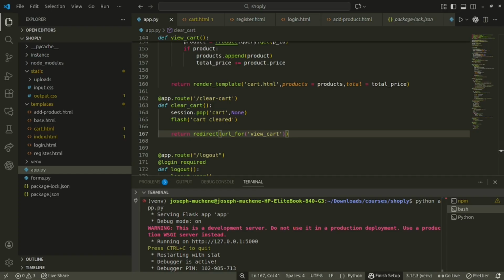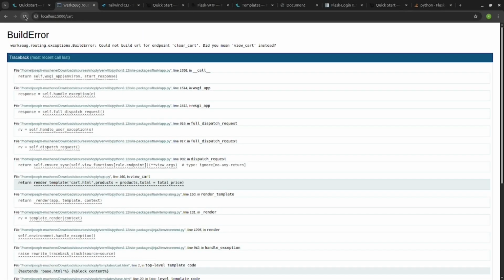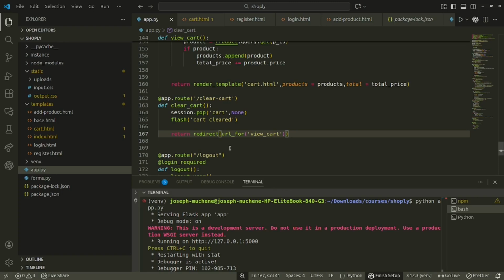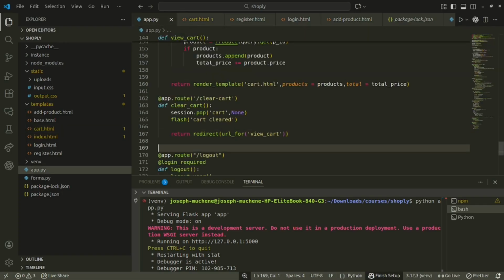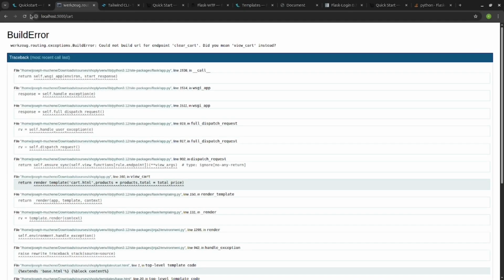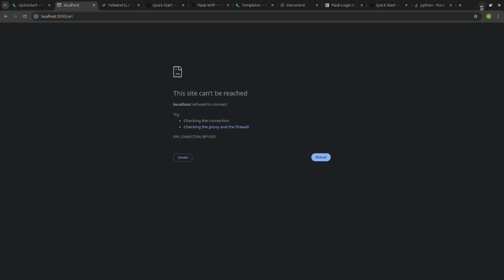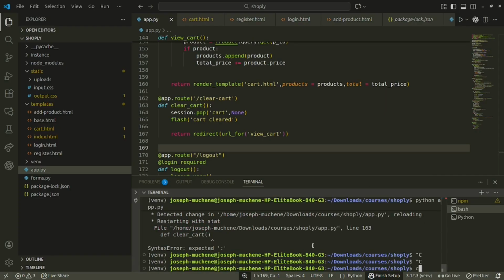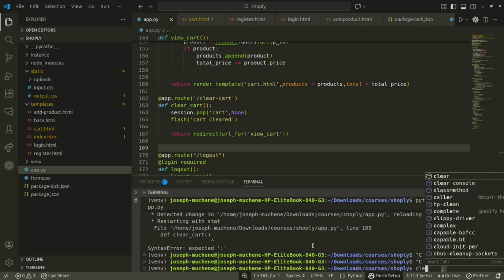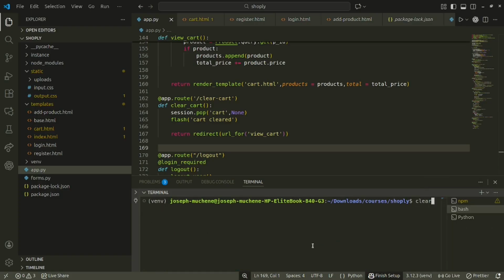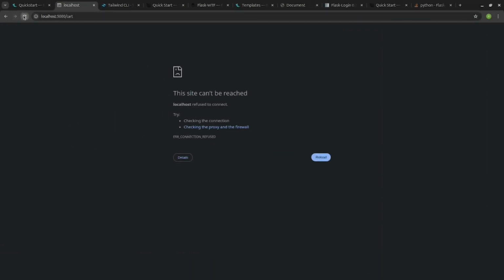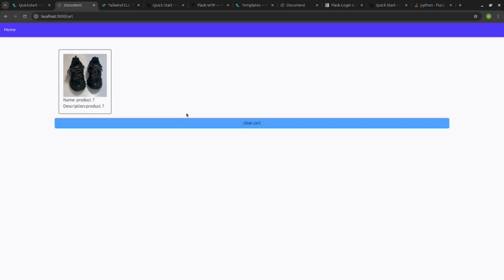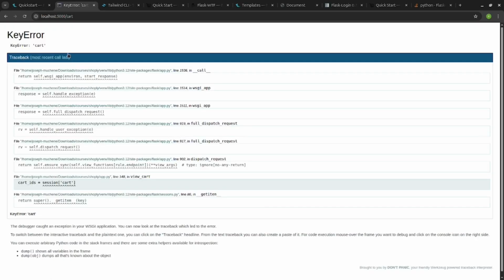Yeah, so let me try these out. Oh yeah. So when we reload this page, oops, my server stopped. Okay, when you clear the cart, oh,